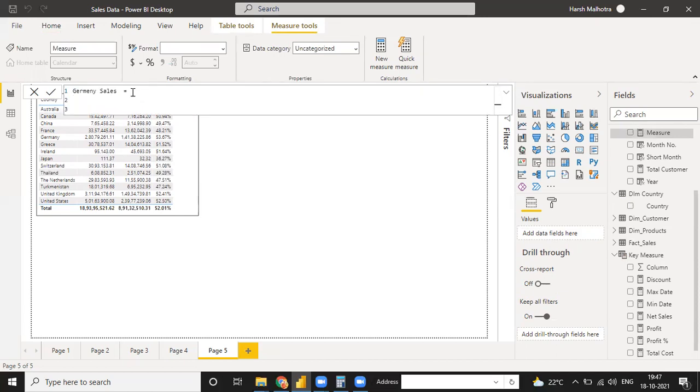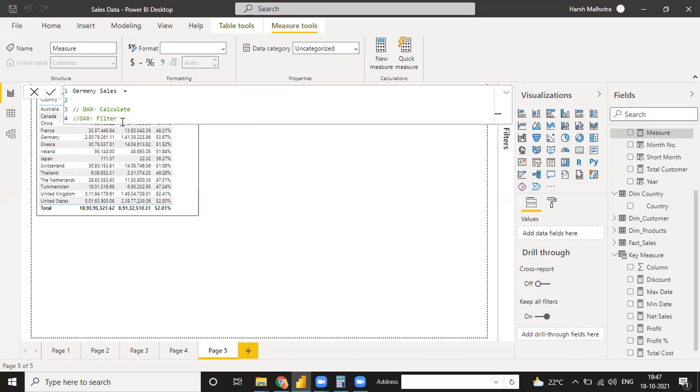So guys, you need to calculate your Germany sales, and there are many options to calculate it. In this Power BI, we have two functions. I can write the CALCULATE function, and the next function is FILTER.